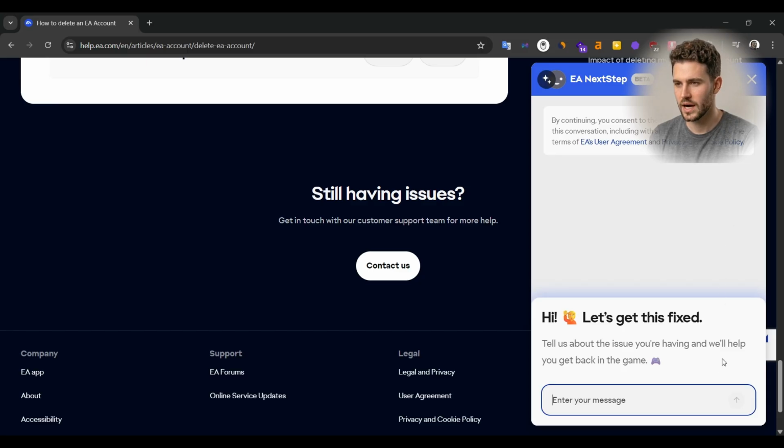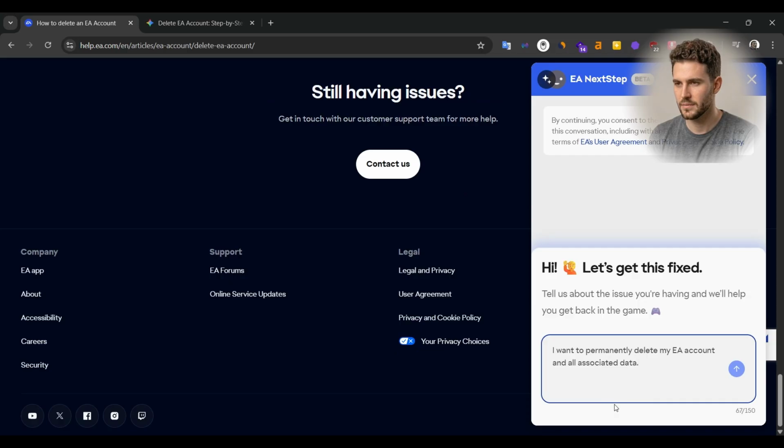In the issue description box, be very clear and direct. Type, "I want to permanently delete my EA account and all associated data." Now click Submit. This opens a support ticket and EA will contact you via email to confirm the deletion within